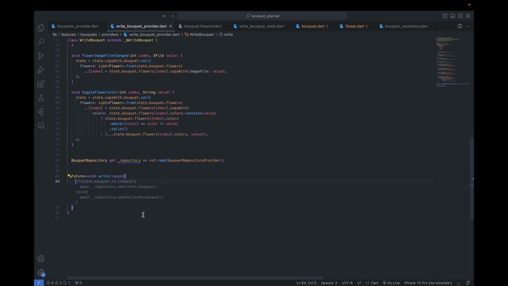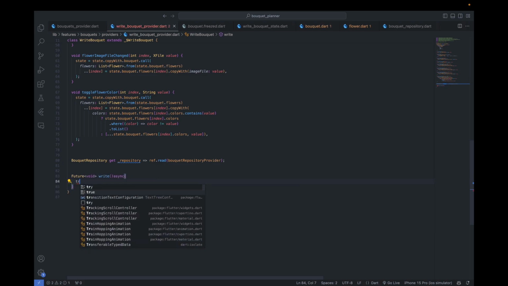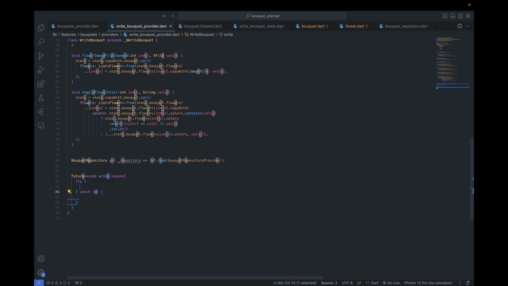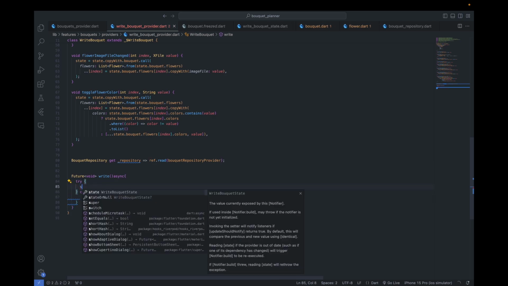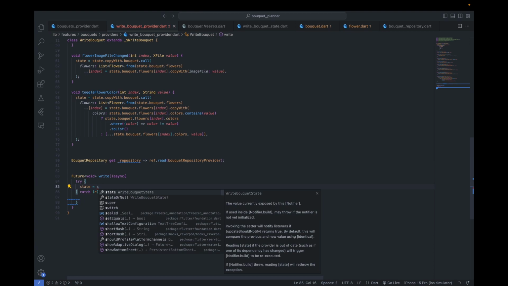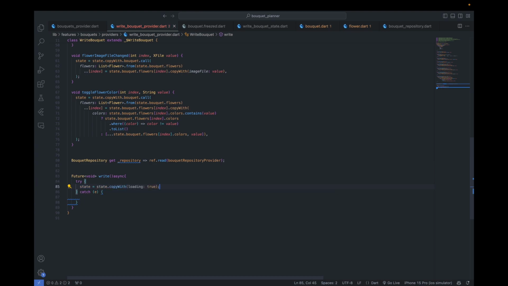Now you can use try catch here, but in this case I think we should consider this. State will start a loading here, state dot copy with loading true, and if there is an error we are going to stop the loading. Okay, after that